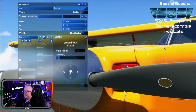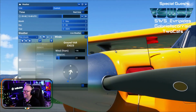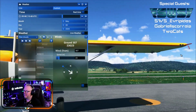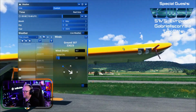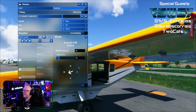That's awesome. Your little engine cover flags move in the direction of the wind. Yeah, this is happening since the PC-12. It's very unique, right? You see it's going the way the wind is going. The speed is also an influence like that. It's very good. You see the pitot cover do the same thing. It's very good. And I love that because these are